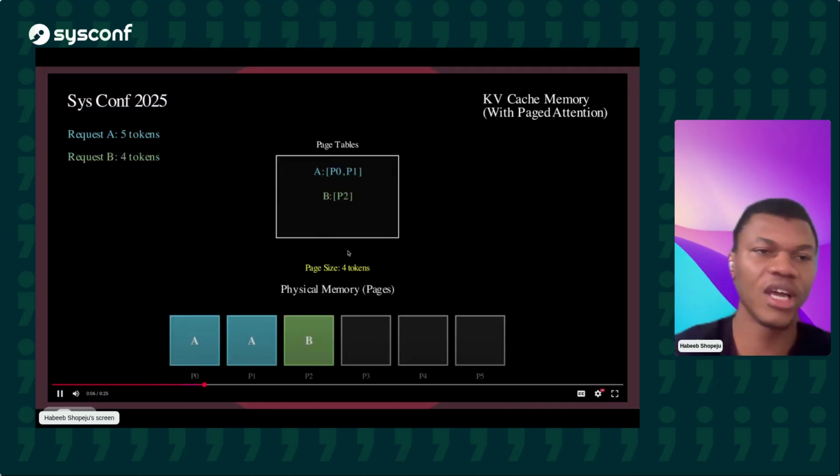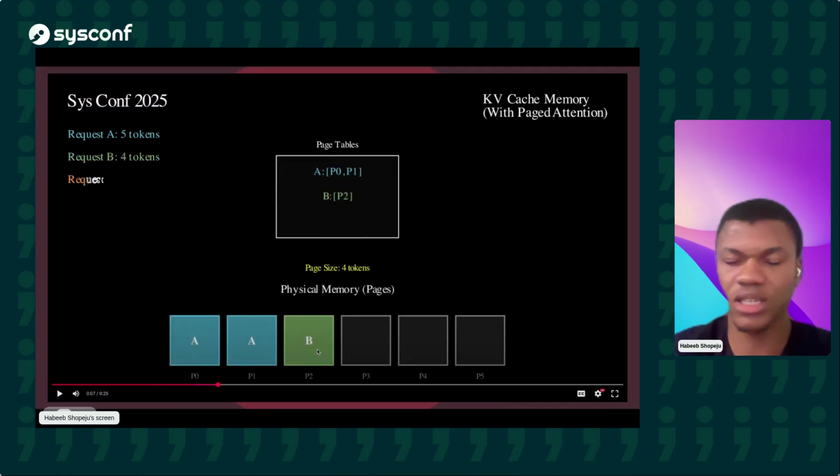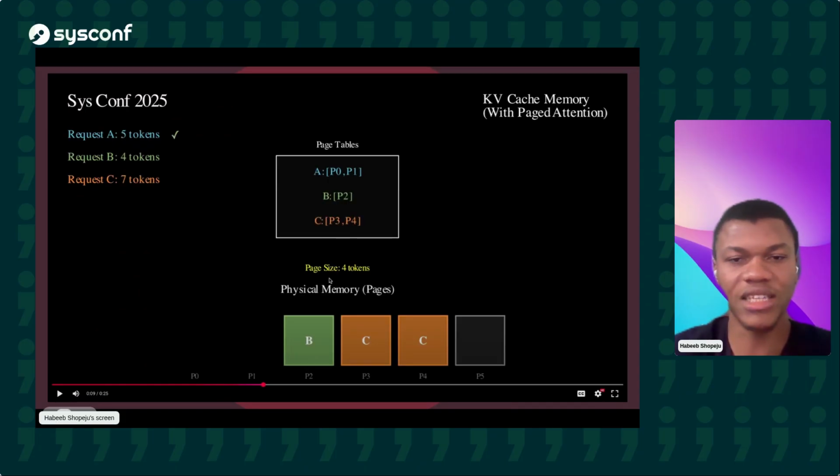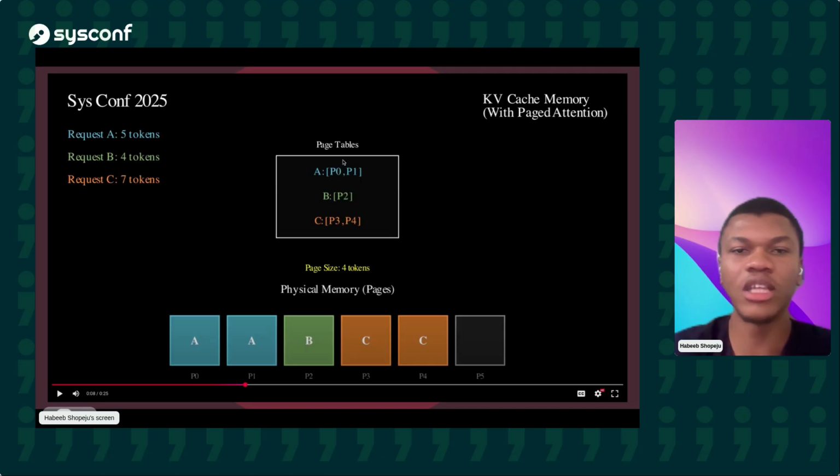Then you have your new request, 4 tokens, 1 page is fine. A new request comes in, 7 tokens, that's also fine. If you look here in the page table, everything is actually contiguous, so it's not much of a problem. And then you have what the tensor library is seeing. P0, P1, that's contiguous. P2 is contiguous. P3, P4 is contiguous.